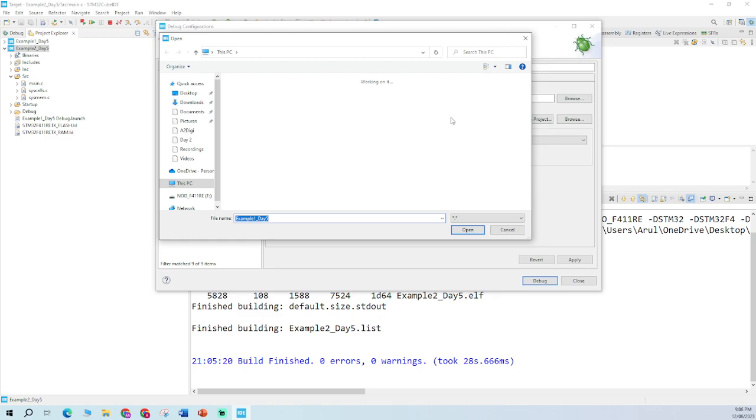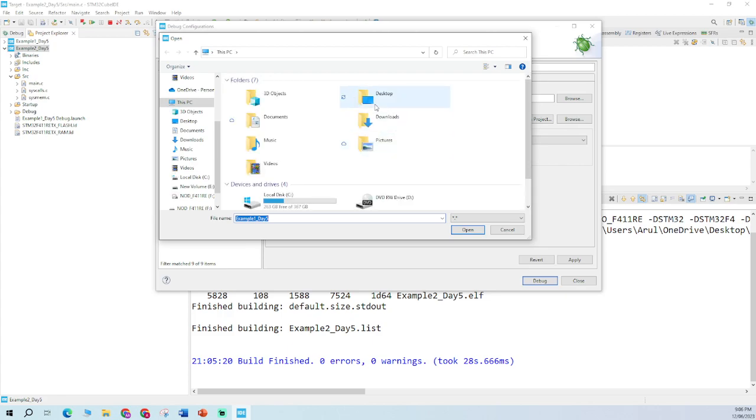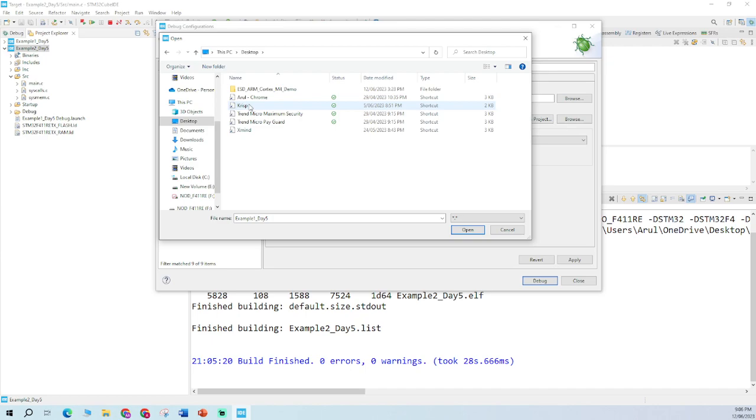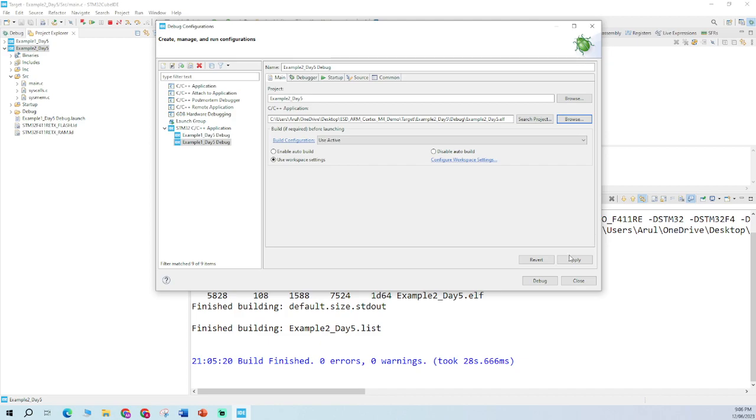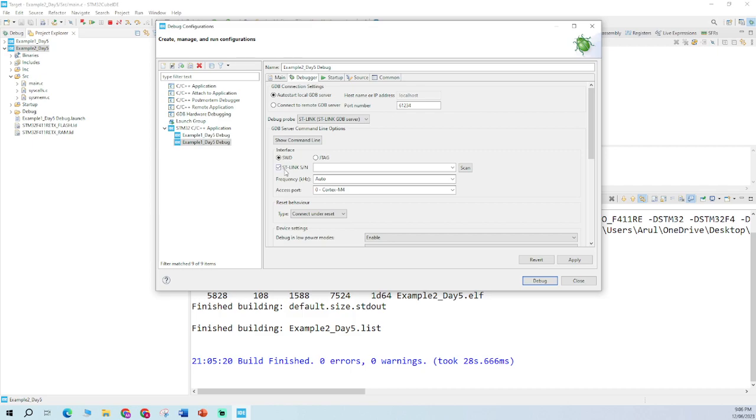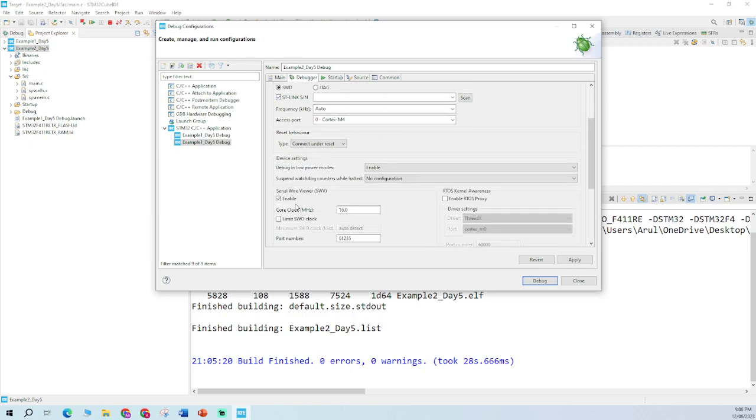Clicking on browse will take you to the folder you created on the desktop, ESD ARM Cortex M4 demo. Inside the target, inside example 2 d5 on debug, you'll see example 2 d5.elf. So open that and link that here, and on the debugger make sure the ST-link is enabled and the serial wire viewer is enabled. Once that's done, click apply,